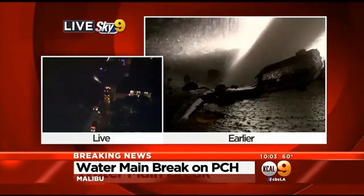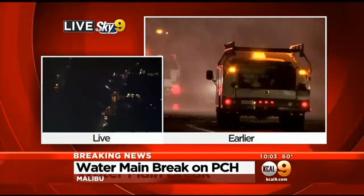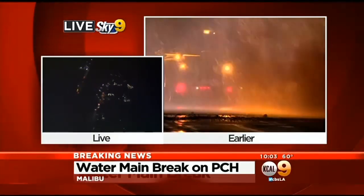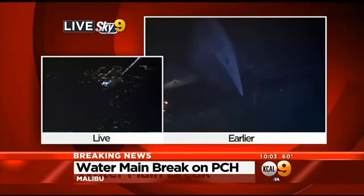Now, we have some tape from earlier on when this water main was still active, and that water was flowing down onto Broad Beach Road, across these homes, and onto the beach. We saw the fire department out there working with the residents, talking about doing sandbags and using other ways to keep that water from flooding those very expensive homes. Right now, I can tell you that